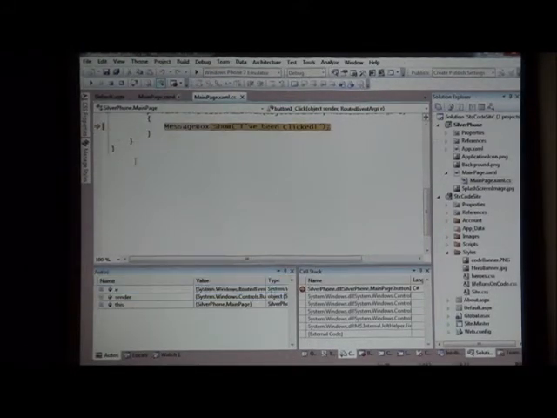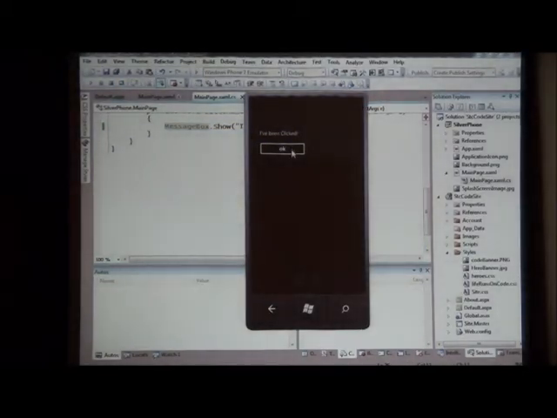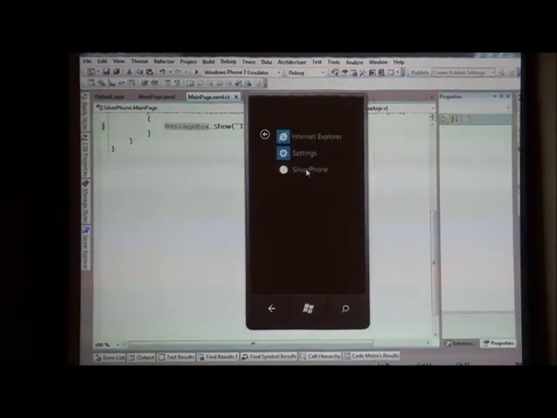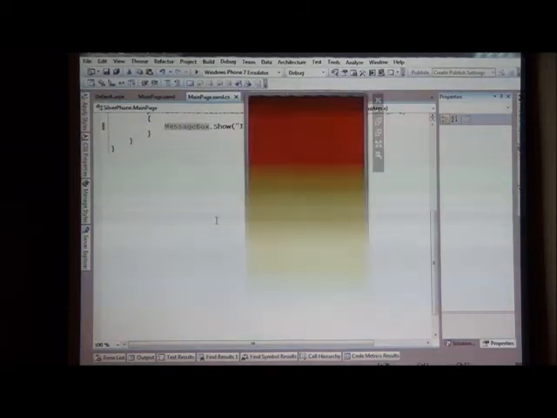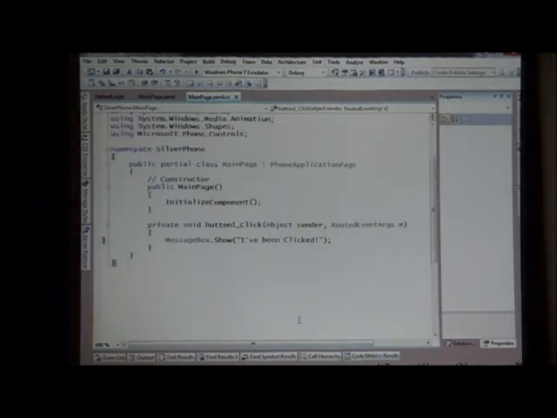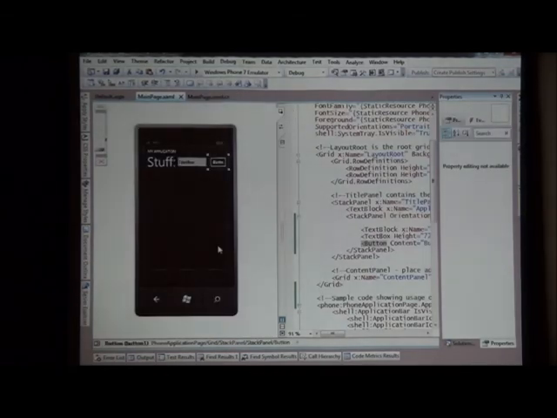If I clear that breakpoint and press F5 to run it, you'll see I get a little dialog that comes up saying, hey, I didn't click. You click the back button, it stops debugging, but the application's still here, so I can start it and just run it natively without the debugger attached. So it basically deploys that application to this device. Pretty cool, huh? Yep. Now, let's do something a little bit more interesting than this. One of the things that I was going to talk about a little bit later is this stuff called